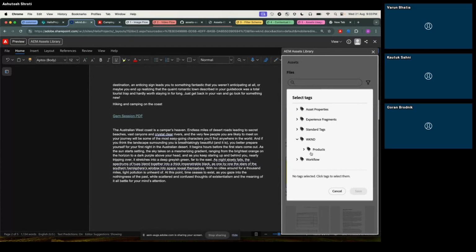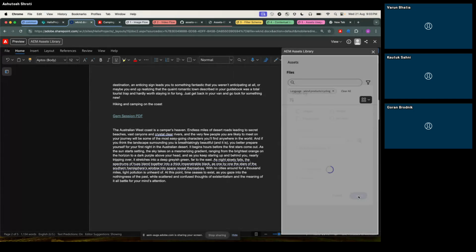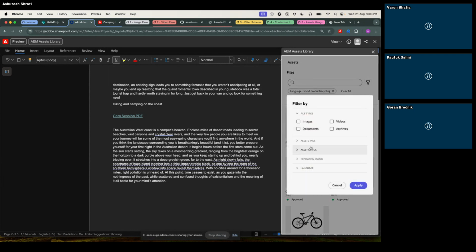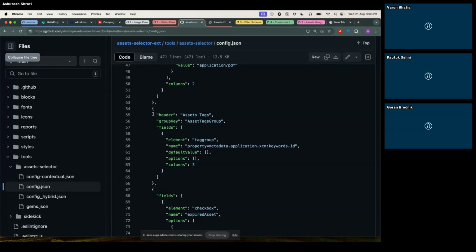And let me apply a tag. Let's say I want to filter based on this tag. So I will get all the assets in the search results where this tag was applied. This asset tag filter is not part of the default configuration of the asset selector, so one has to configure it at the project level. This is the filter schema they have to put in the configuration